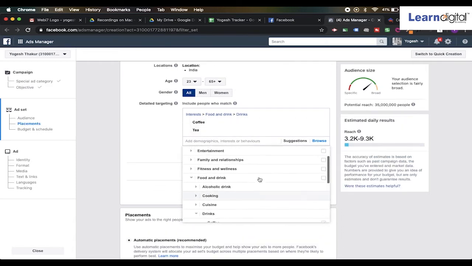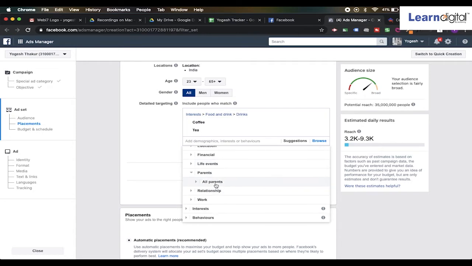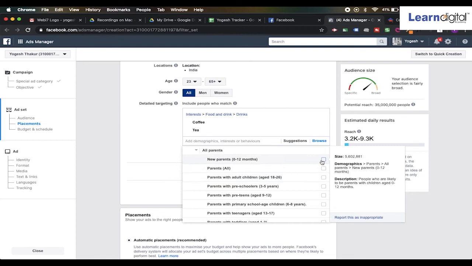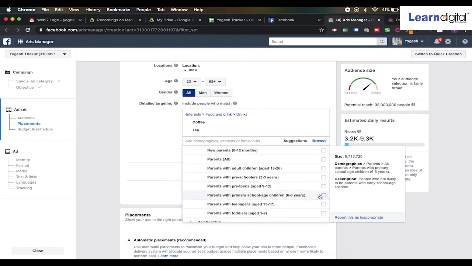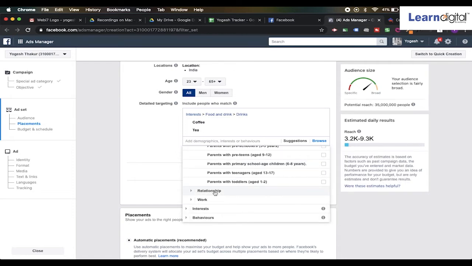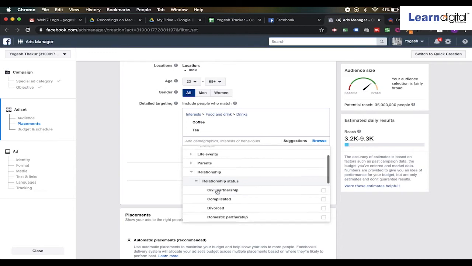What else can we add? So this was a part of our interest. What about the demographics? Let's explore them one by one. Does education have to do anything with the liking of tea or not? The financial stature, the life events, parents, or their relationship work? Do they have to do anything with a person having any preference towards tea? Parents, or every kind of parent? If you have to select any of them, what age group of parents do you think would prefer tea? Maybe they're too tired of taking care of their children. Does relationship status matter over here?